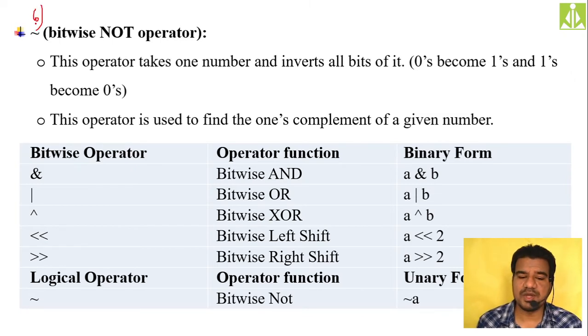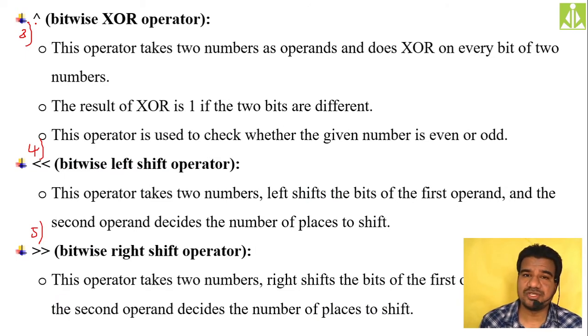Apart from this, we also have circular left shift and circular right shift, that we are not doing over here because it is quite confusing and it is too early to discuss all those things at this stage. The circular shifts process we will do for IT people. They are going to study more about programming languages. So over there in your computer organization subject, or in your Java subject, we will do this circular left shift and circular right shift concept. Till that point we'll discuss up to these 6 only.